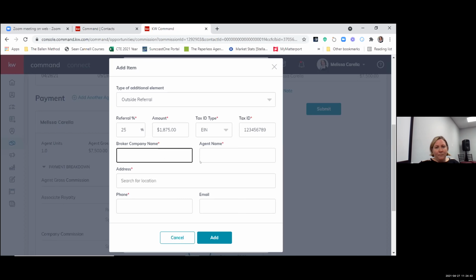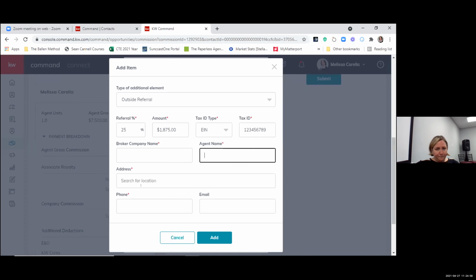And then the broker name. This would be whatever agency they're working with. So if it was someone from Keller Williams, Greenville, South Carolina, you could put that there. And then the agent's name would go here. And then the address of that brokerage. And then when you click add,